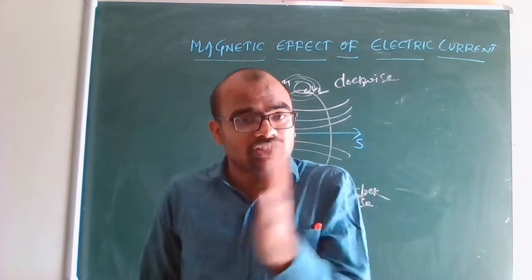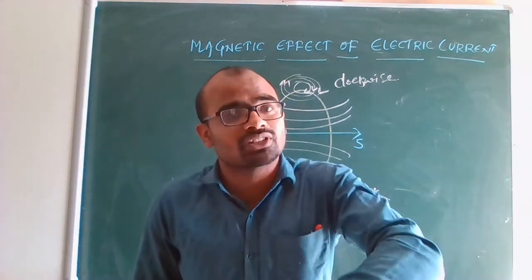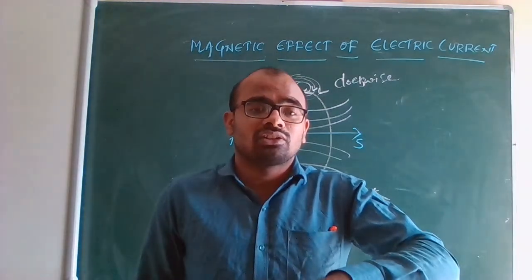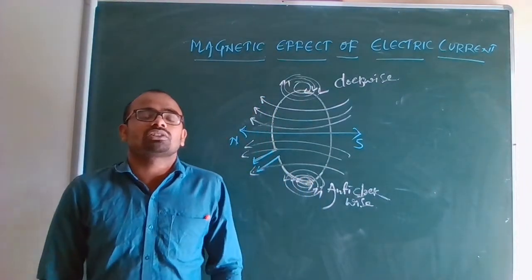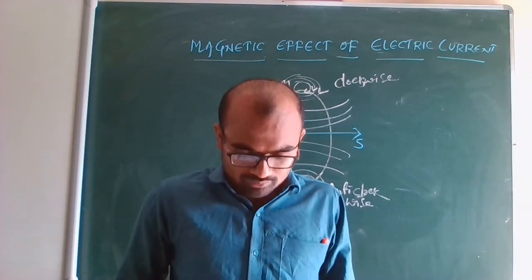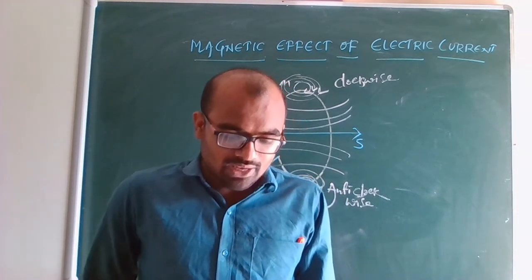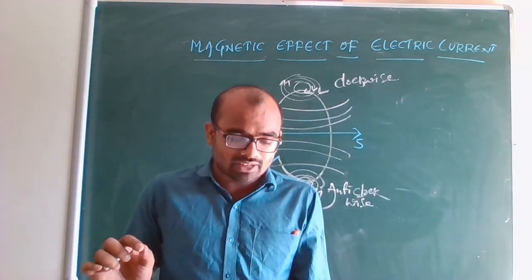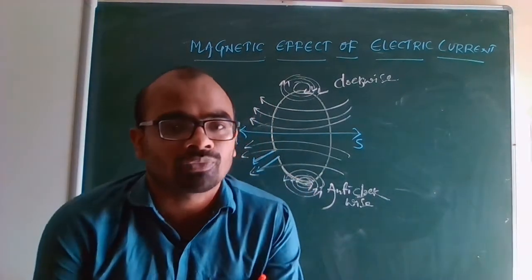How much distance it is moving from the conductor, that much less. That means distance inversely proportional, then this is directly proportional, that is amount of electric current passing, that is directly proportional. Similarly, every point of a current carrying circular loop, the concentric circles representing the magnetic field around it, would become larger and larger as we move away from it. See here.